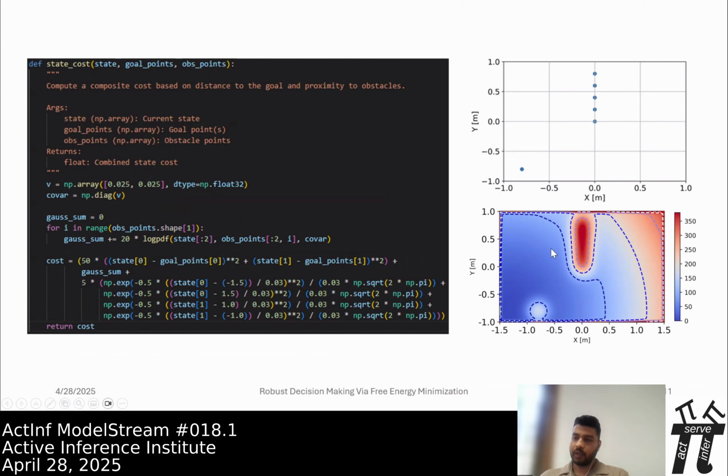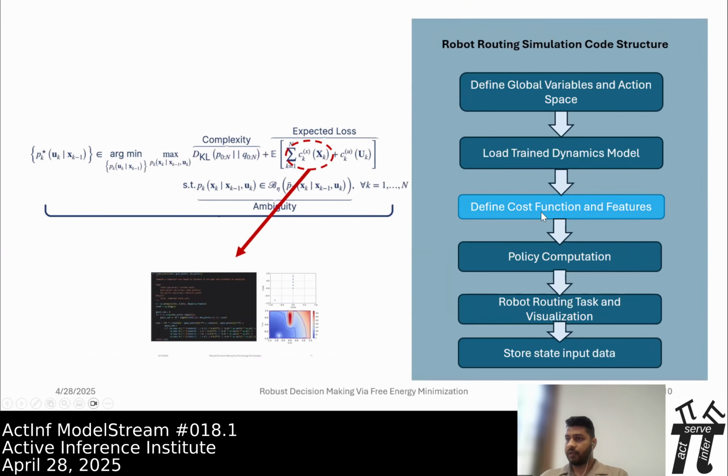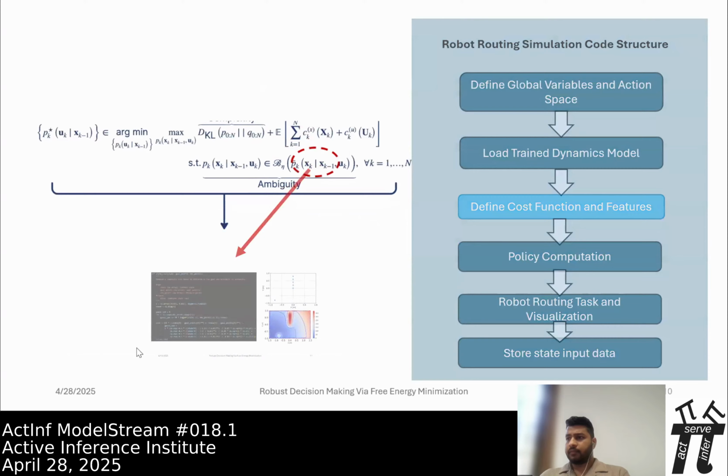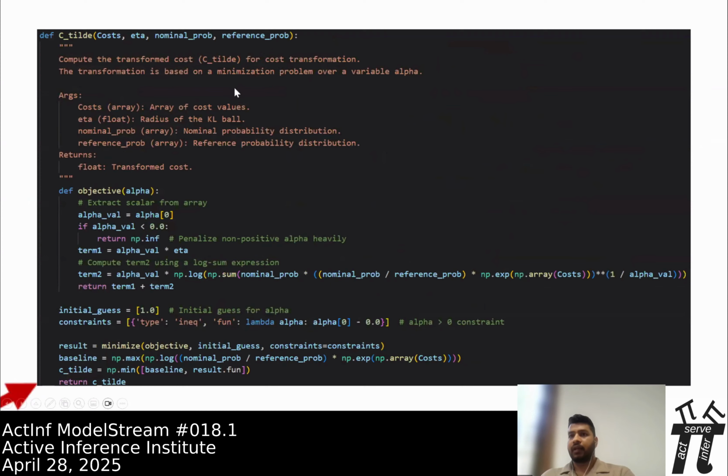And you have the lowest value near the bottom left, where the goal is in our scenario. So we take this cost function and the Gaussian process model, and now we come to a very important part of the resolution engine, which is the cost of ambiguity. The cost of ambiguity, as discussed before, depends on two terms, which are eta and c tilde. Eta is the ambiguity radius, and c tilde is the transformed cost, which we define like